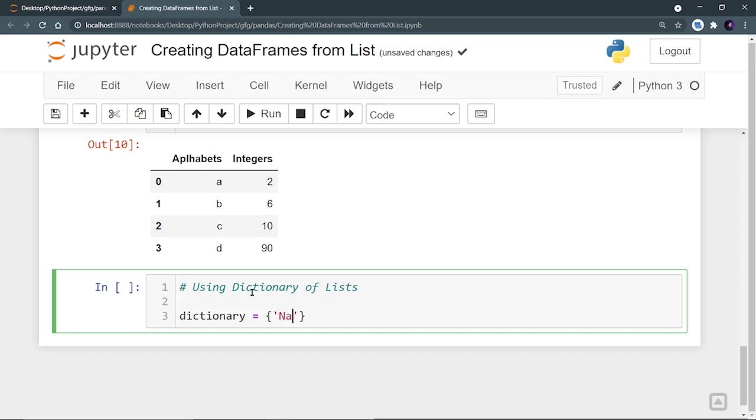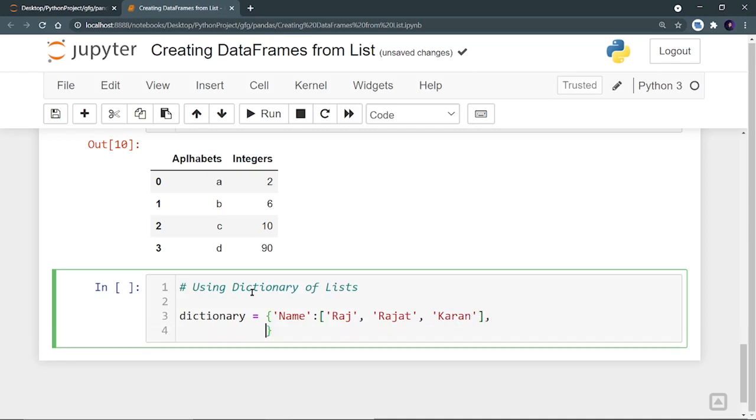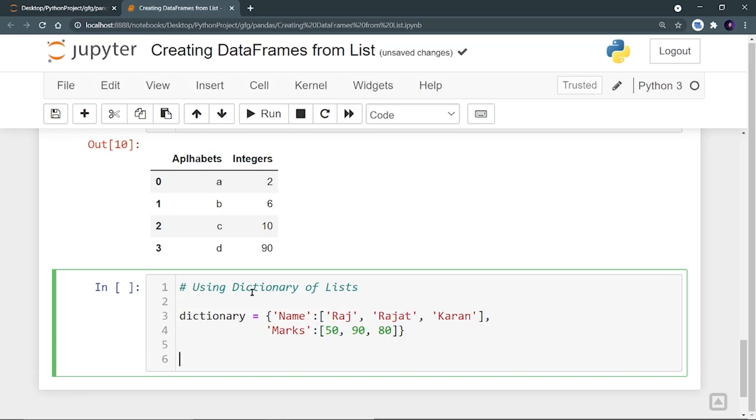So let's name the first key as name, and we have to provide it a list. So let's take the names as Raj, Rajat, and Karan. Now in the second key, I'm going to name it as marks. Let's provide it a list. So 50, 90, 80.